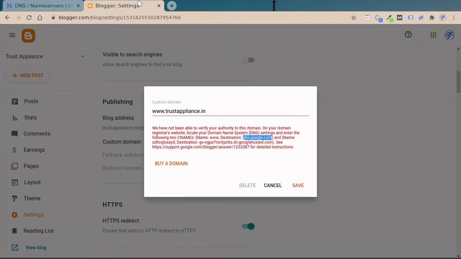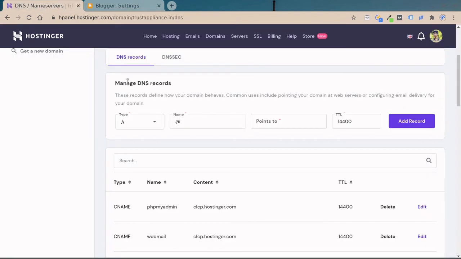Once that's done, you have to add the second record. The second record's name is here, I'll just copy that. Go back to my DNS settings. CNAME.